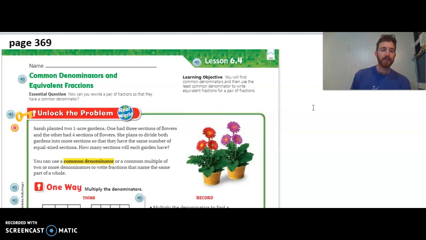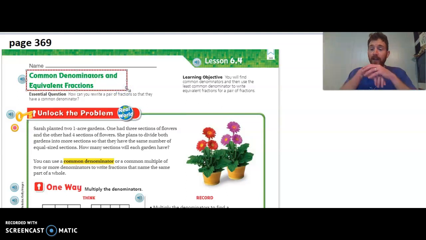What we're going to get into today is some work on finding common denominators and then equivalent fractions, and that's going to set the stage for the work we're going to do with adding and subtracting fractions later on in this unit on fractions, okay? This is a big one to help us understand how we can actually start adding fractions that may not have